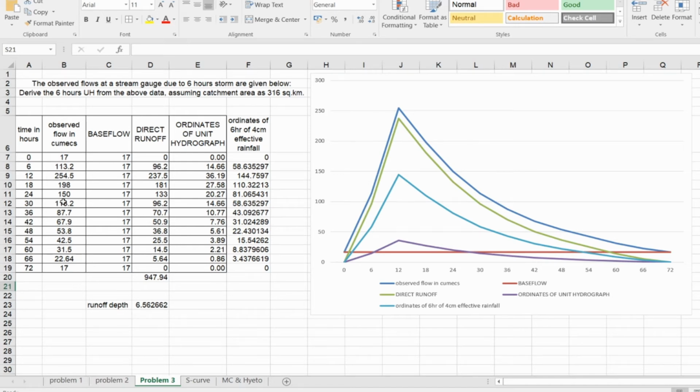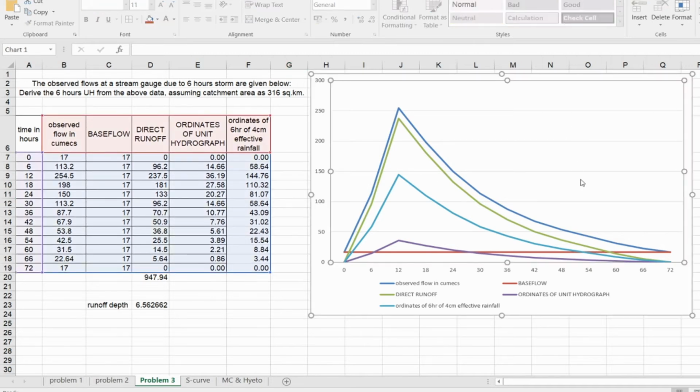So we need to first determine the hydrograph for the runoff. From that hydrograph we can separate out the base flow. After separating the base flow, we can calculate how much is the direct runoff. After calculating the direct runoff, you can calculate the ordinates of the unit hydrograph. This is the same problem which we have solved previously, but I'd like to explain it again. We'll solve this, and after that we will try to understand the applications of the unit hydrograph, after deriving it.